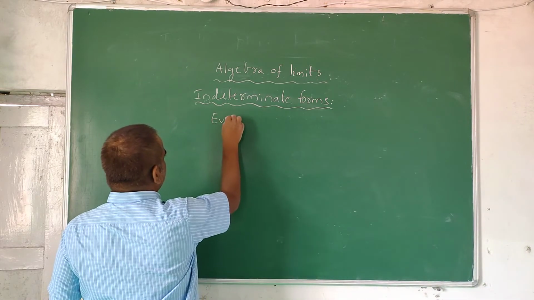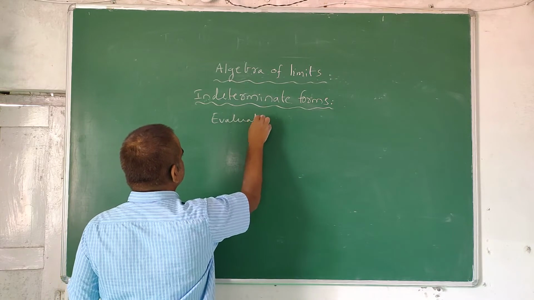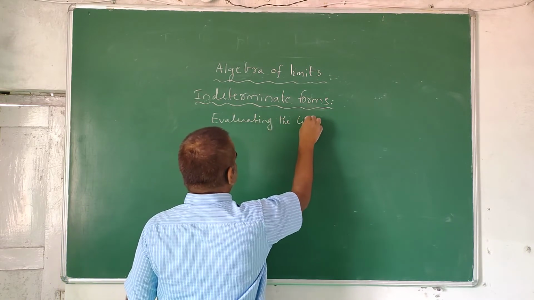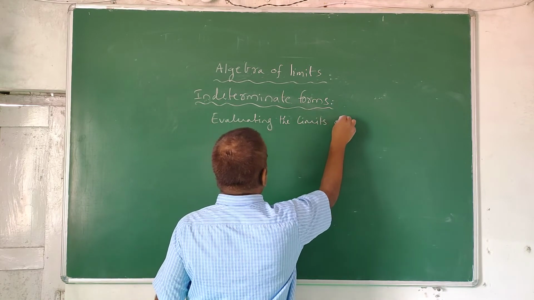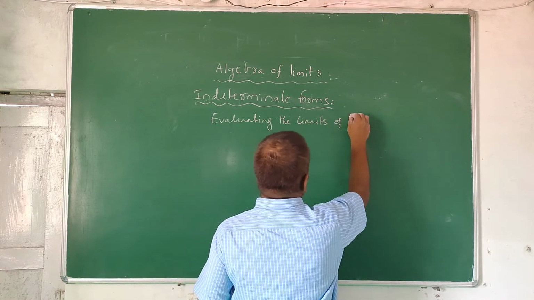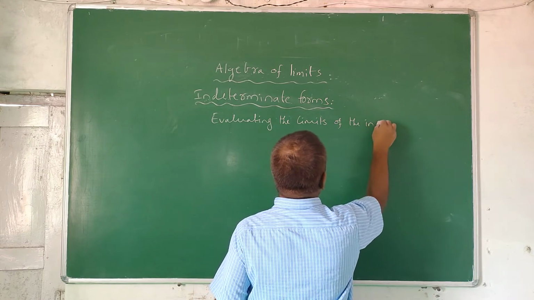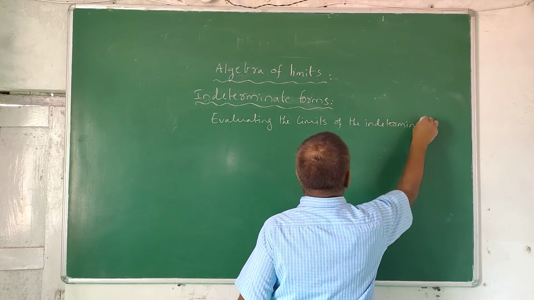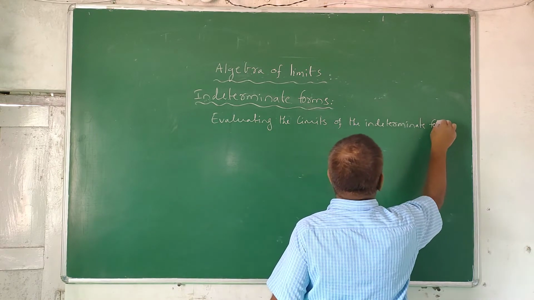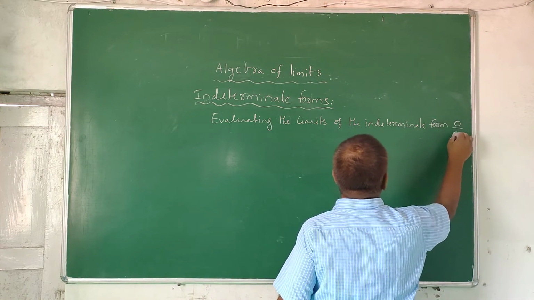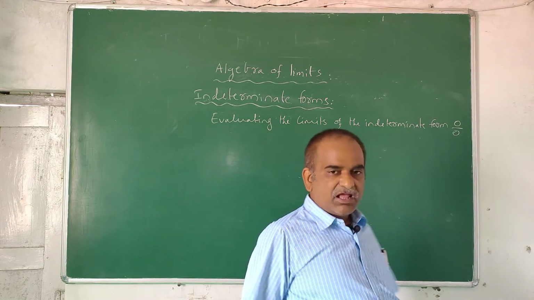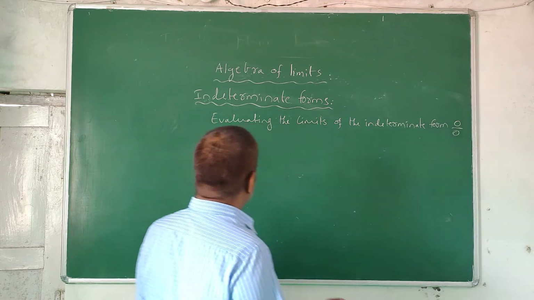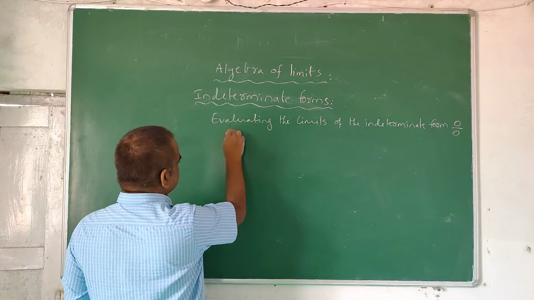So, evaluating the limits of the indeterminate form 0 by 0. Understood? Now I will take one example. You see, evaluate